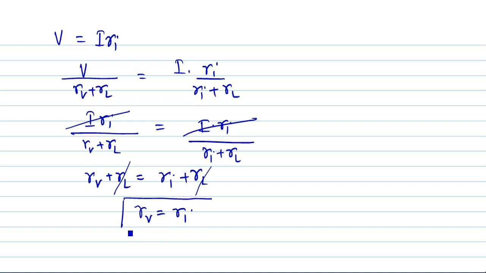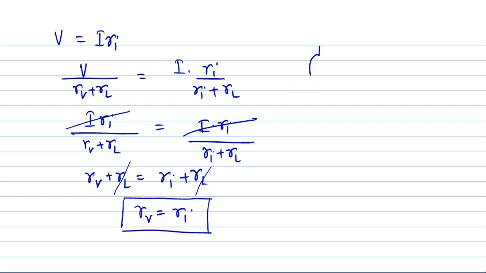So here we can see when we transform the voltage source into current source, or current source into voltage source, the resistance that we will take in series or parallel for those two sources will be the same. That is Ri, the resistance for the current source, is equals to Rv, the resistance for the voltage source. So for any practical voltage source, if the ideal voltage source is V and internal resistance is RV, the voltage source can be replaced by a current source I with the internal resistance in parallel to the current source.